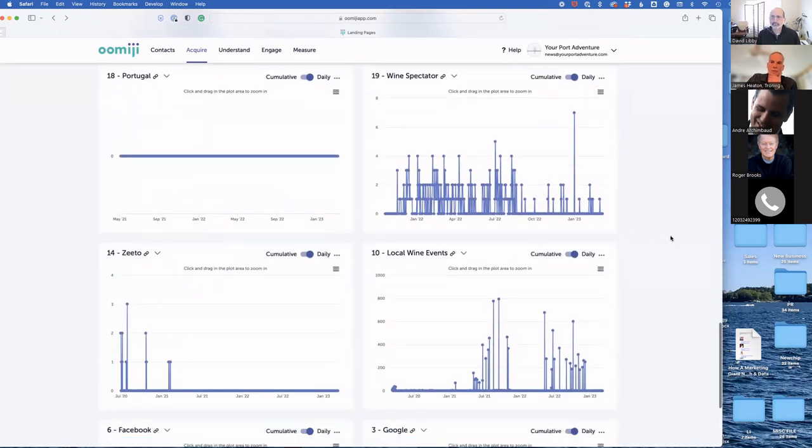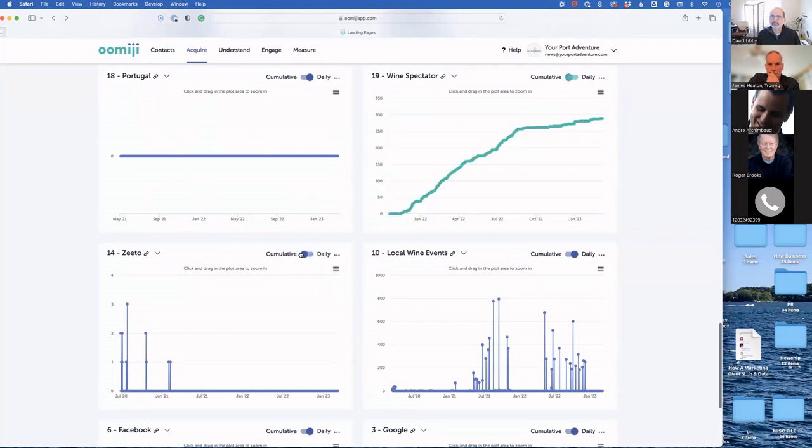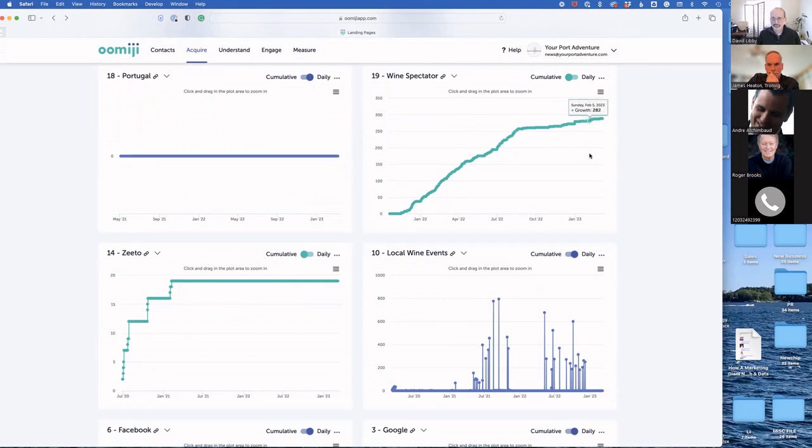So this client, for example, ran an ad in Wine Spectator, and at the same time, they were working with an acquisition company called Zito. And if you look at the performance here, you can see that this one was a dud and this one did pretty well. So there's an old axiom in advertising, which you've probably heard, which is that I know that half my advertising is wasted. I just don't know which half. And what you can do here, because you can measure, is you can see which half. And so what they did is they were able to pull their money from this one and they put more money into this one because it was more productive.